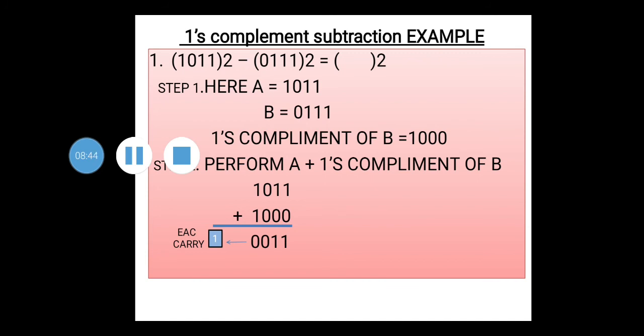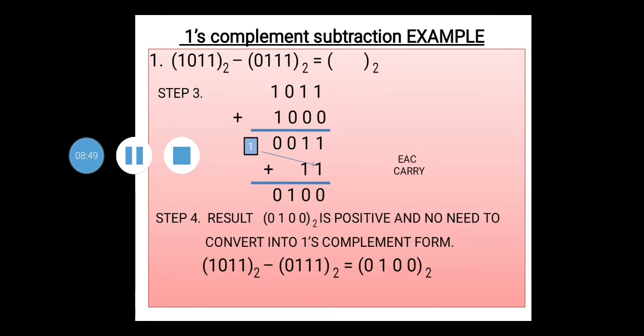So now what you are going to do with the end around carry, according to the rule, you are going to remove that end around carry from that position, and you are going to add that one here, as I have shown with the arrow. So that has been removed and added to the last bit of the result. So 0011 is the result, and to that you are going to add 1. So do the binary addition, and during the binary addition, one carry is generated which is written on the side. I have written it here, and go on adding. After addition, the final result is 0100. This is the final result.